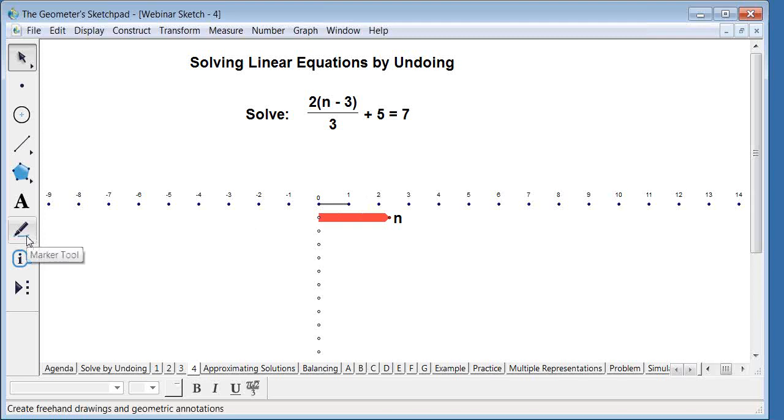So I'm going to use this marker tool to just use a marker, and this is in Sketchpad 5. If you didn't have Sketchpad 5, you could still do the same thing but use your text tool instead, just by creating a text box and typing. But I'm going to use the marker tool just because I want to demonstrate the marker tool, and it's a little bit easier. So we're going to look right here at this problem,